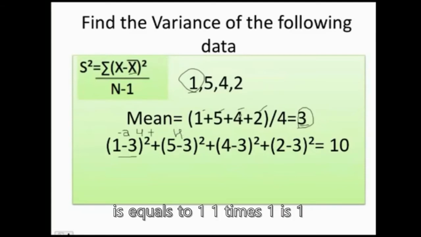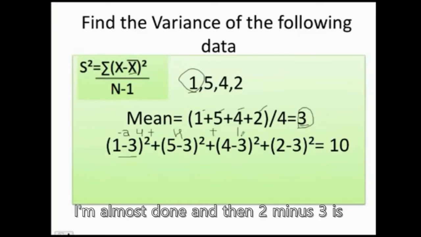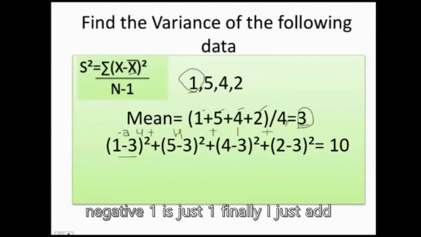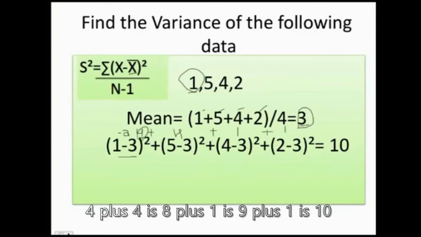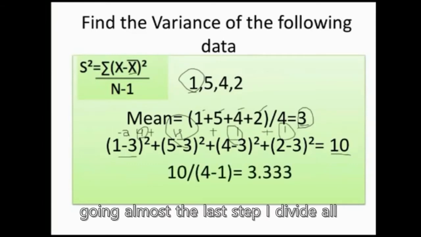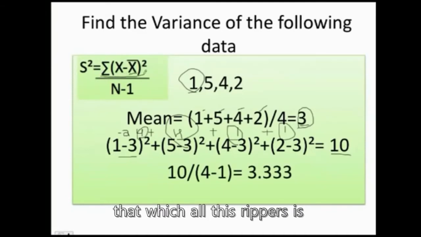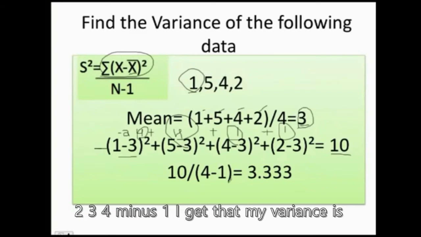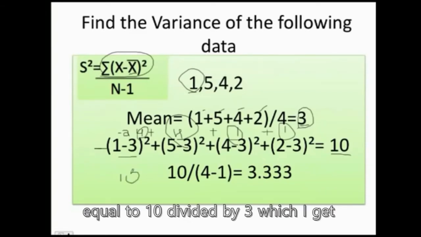4 minus 3 equals 1. 1 times 1 is 1. I'm almost done. And then 2 minus 3 equals negative 1. Negative 1 times negative 1 is just 1. Finally, I just add 4 plus 4 is 8, plus 1 is 9, plus 1 is 10. Beautiful. Now that you have this, we're going almost to the last step. I divide all that by n, which is 1, 2, 3, 4, minus 1. I get that my variance equals 10 divided by 3, which is this really nasty number,